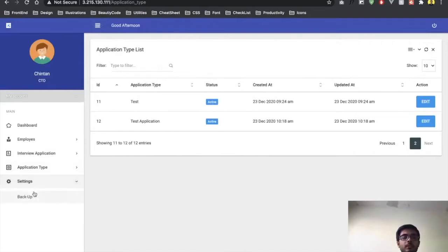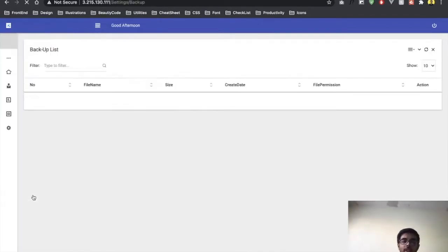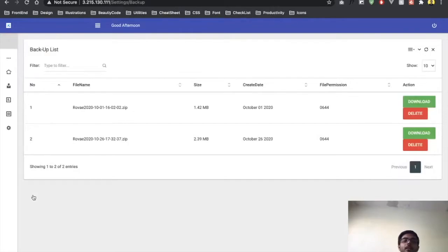And there's one more feature that we provide, which is settings backup. Let's say in the case people want to take a monthly backup of the data of the employees. So that's how we can do it. We can take the backup and we can download or delete. Right now it's set to take a backup at a specific interval of time, that is every 25 days. So that's how this data is taken, and then we can download or even delete the backup.